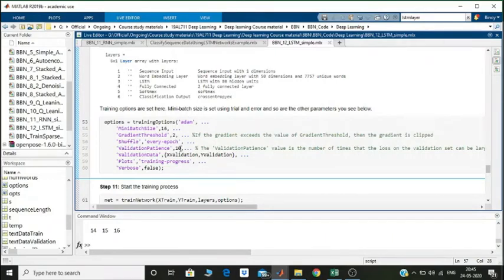This is a sure indication that overfitting is going to start. So we use this validation patience value to ensure that overfitting does not happen.